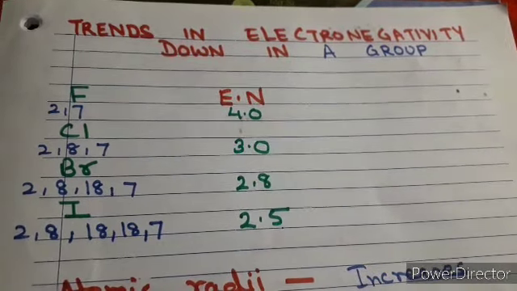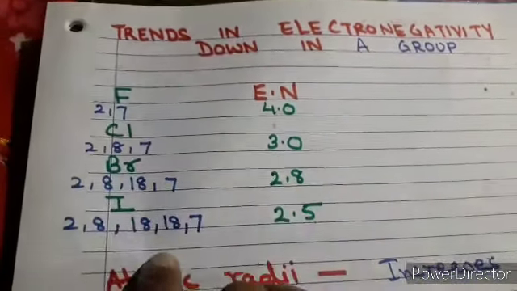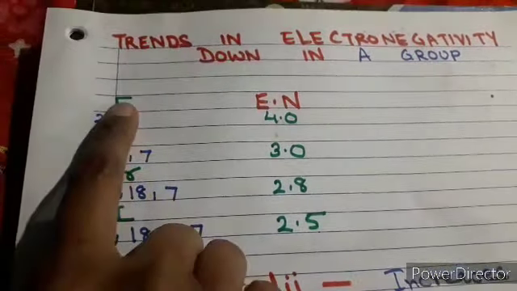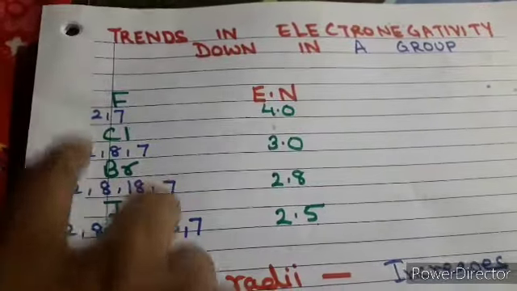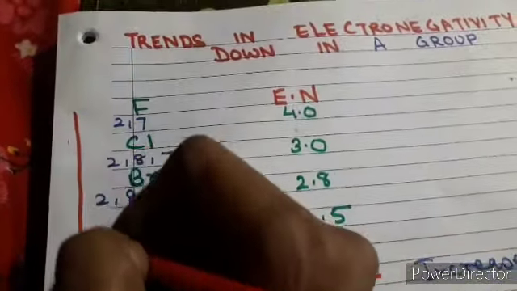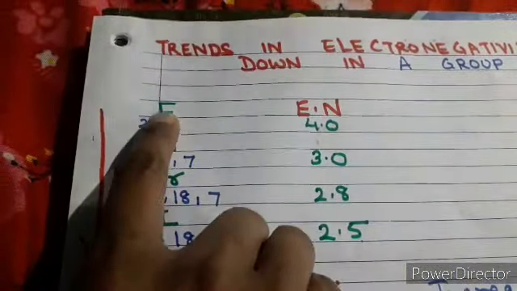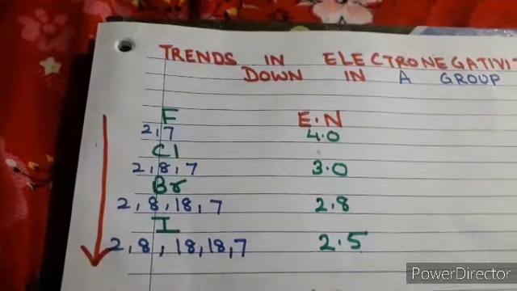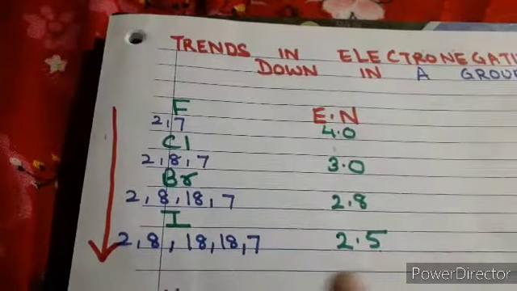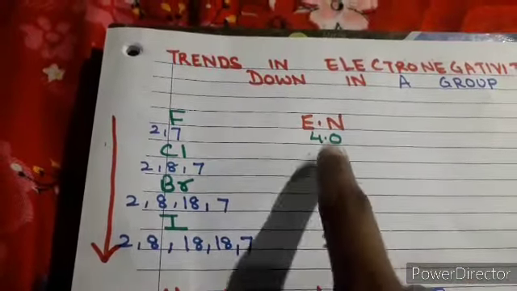Now we'll see the trends in electronegativity down a group. The group I have written, all these elements come in group 17 or 7th A group. We have to read in this manner, downwards, right? I am making an arrow also, it will help you understand how to read. So first you have to do this and this and that. I'm not repeating the elements again and again, because in many of my videos I've already mentioned them. Let's see, I've written the values of electronegativities over here.